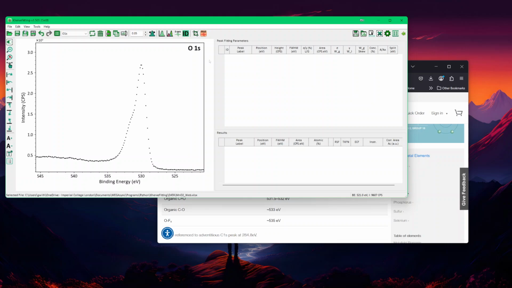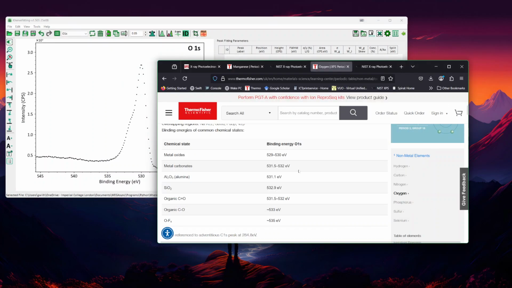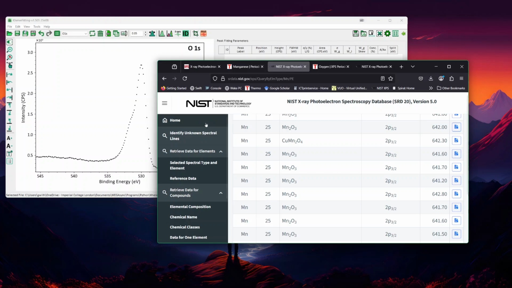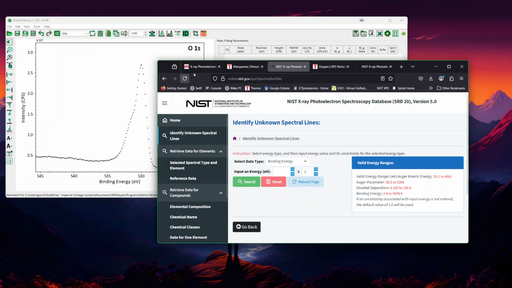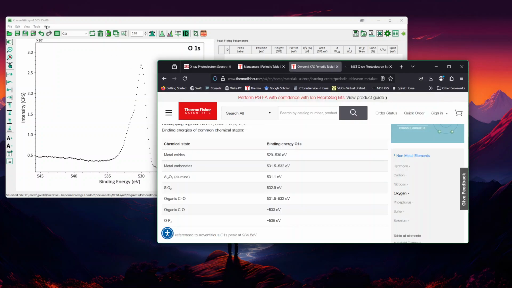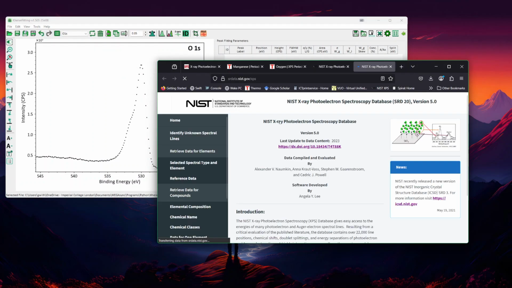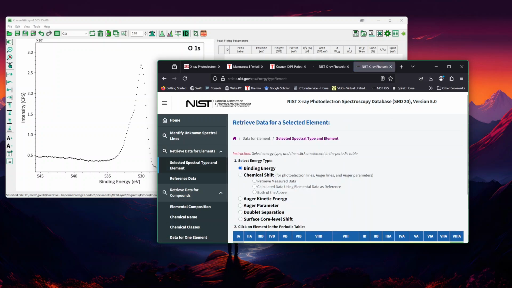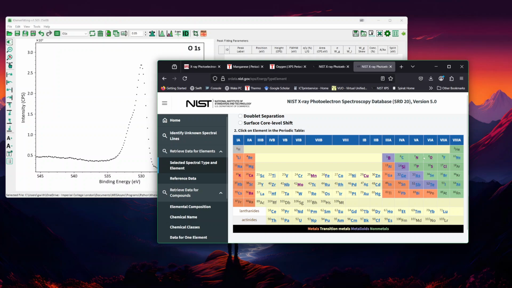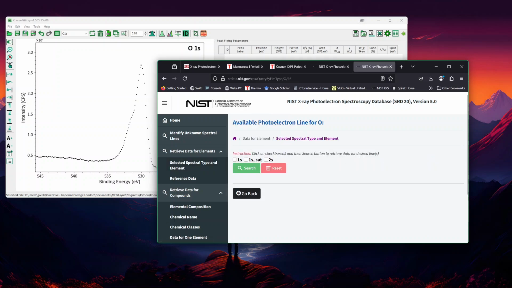So I would look first into the NIST XPS database. I've got it open already, so I will go into it. Actually, let me just reopen it again. I go into the spectral section, and then into the oxygen, and in the oxygen you would see